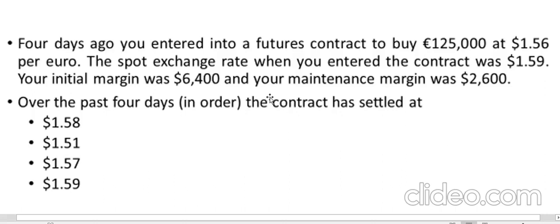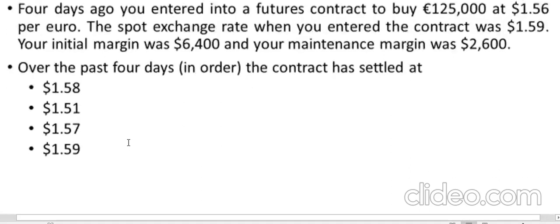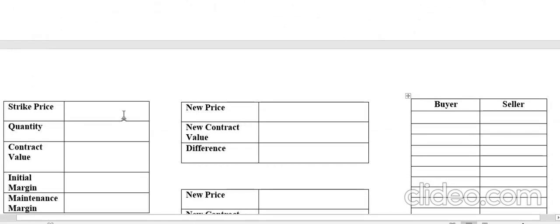So 4 days ago, you entered into a future contract to buy 125,000 euros at $1.56 per euro. So the quantity is 125,000 euros and the strike rate is $1.56 per euro. So let's write it down here, $1.56 per euro. We will buy it at this price. And how many euros are we planning to buy? We are planning to buy